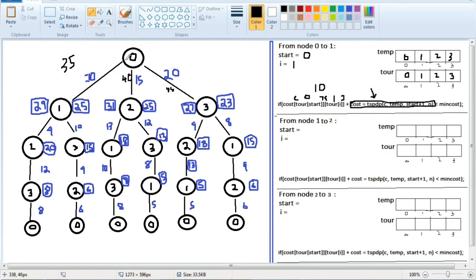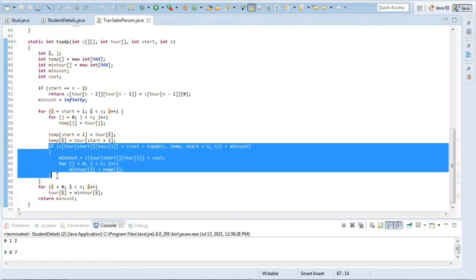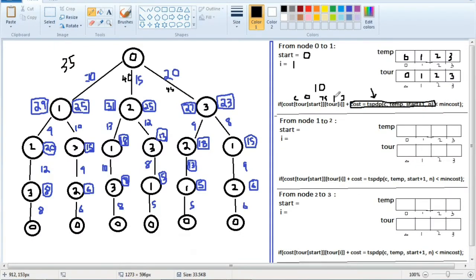Okay, so like that we are passing for 1 first. Then again when this function is over, we will call this function and do this thing, then I will become 2. Okay, see here, this was the last thing here. After this gets over, that means after this cost comes here, 25 will be added with 10 and that will be stored as the minimum value. So the minimum value will be 35. Then we are doing the same thing for this one. While we are doing it for this one, I will become 2.